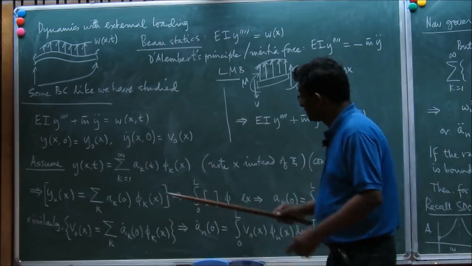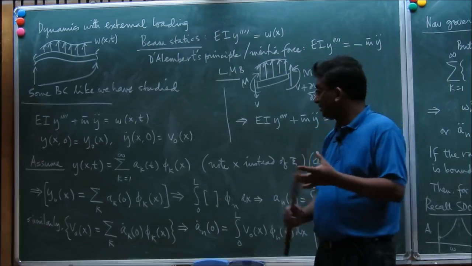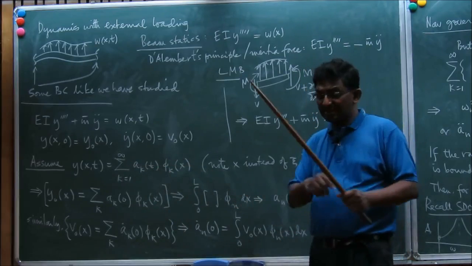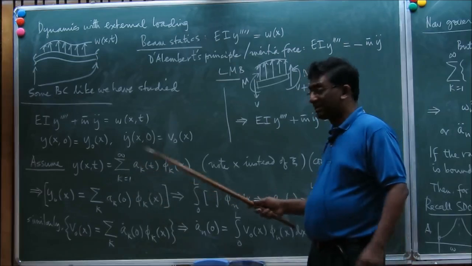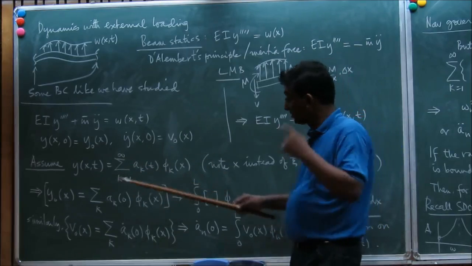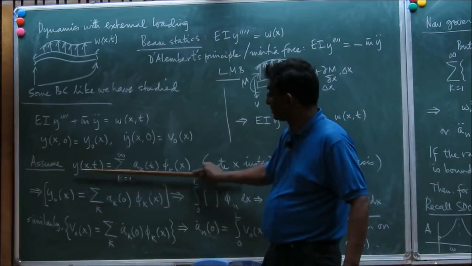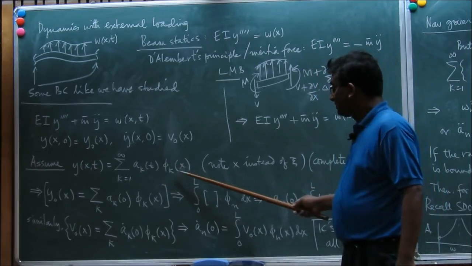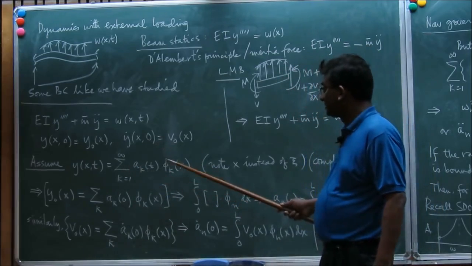This is an infinite sum. At any instant, the shape of the beam is known. It can be represented as a linear combination of the mode shapes. As the shape of the beam changes with time, the coefficients in the linear combination must be treated as functions of time. So that is the basis, or justification, for our representation of the solution in terms of these modal coordinates. Once we do that, we have to find the initial conditions for the A's,